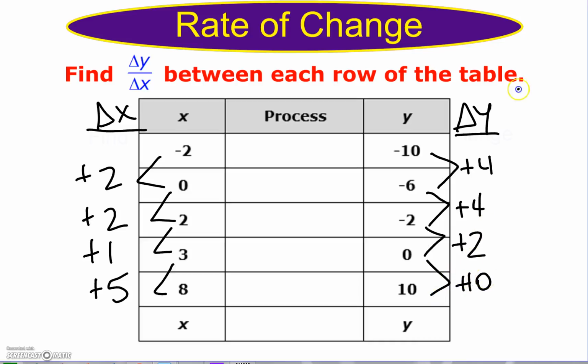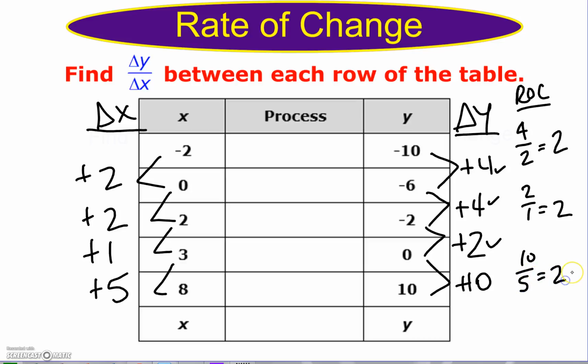So our rate of change would be 4 divided by 2 equals 2. That takes care of this one and this one. 2 divided by 1 equals 2. And 10 divided by 5 equals 2. So our rate of change is 2. We know, or you should know, that the rate of change equals 2, and that is what you multiply by x. So our process would be 2 times